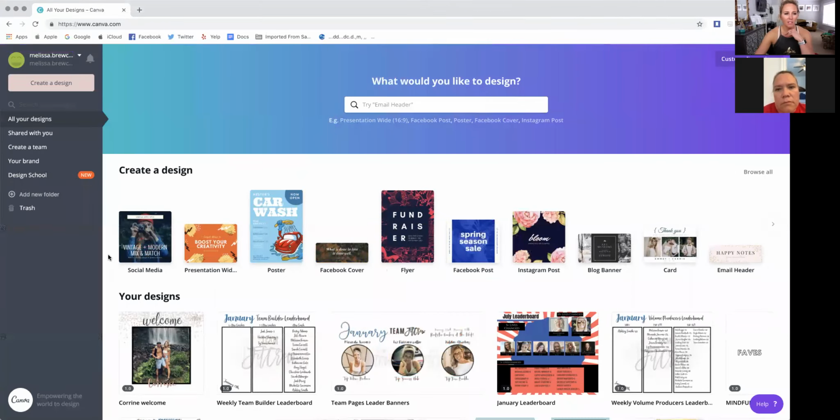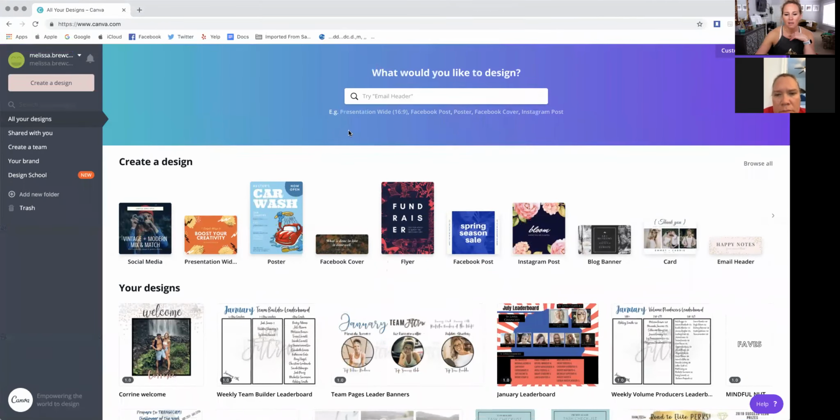There are so many different platforms that you can use to create images and graphics, but this is just the one that I have found works the best for me. You can use, there's like PicMonkey. I'm sure there's tons of other resources out there, but this is the one I use. So if you're wanting to use something similar to me, you're welcome to utilize this training in any way that it can help you. So I wanted to start out just here in the main,